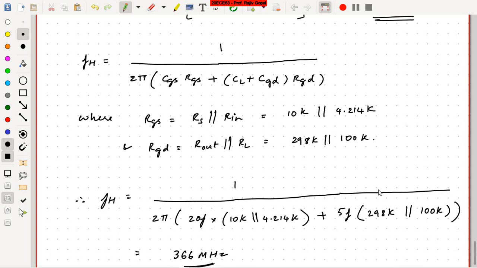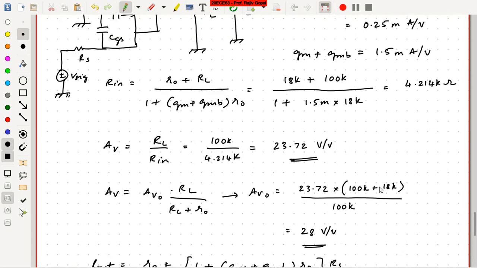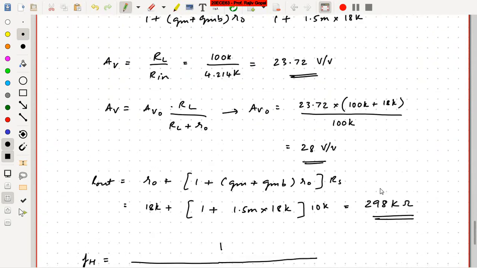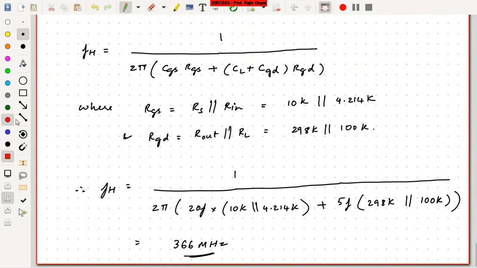Okay, you can solve this on your own. This anyway I'm going to share with you. You can sit and practice this, and you can repeat this problem for CL equal to say 5 femtofarads. Just for another exercise. Here you will get CL plus CGD, so instead of having 5 femtofarads here, you will get 10 femtofarads. Right, that's it. Nothing else from this.